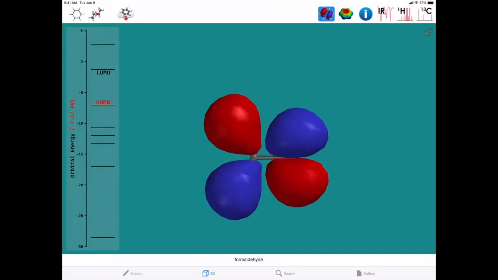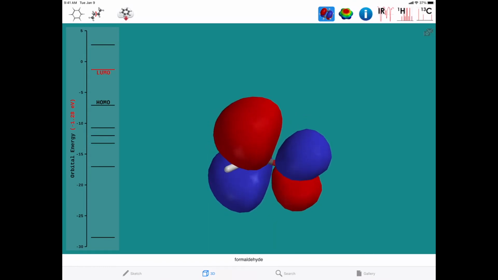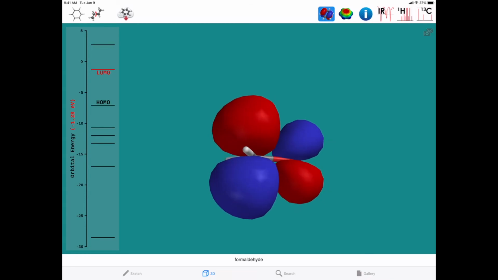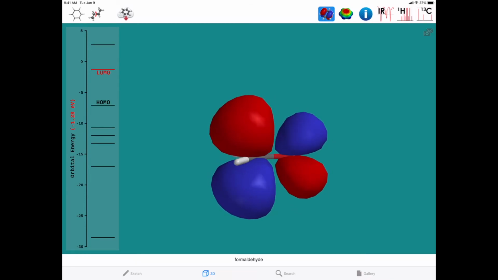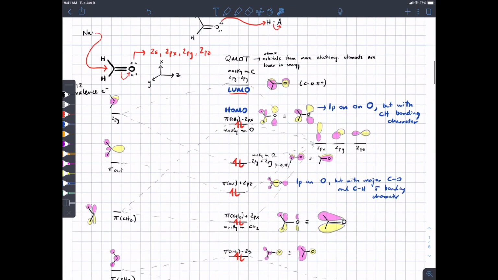And then we expect the LUMO to be the carbon-oxygen pi star, and we expect that to be mostly on carbon, and indeed it is. So this QMOD approach is powerful because with these group orbitals, we can combine them together to get the answers that you get out of quantum mechanical calculations, and you can come pretty close to what the results are even